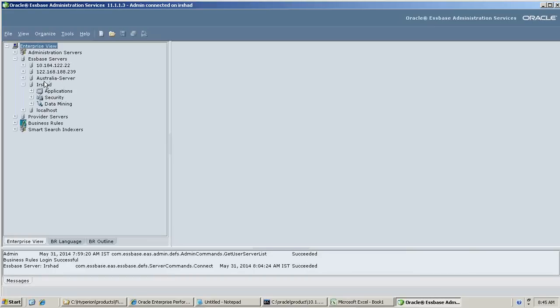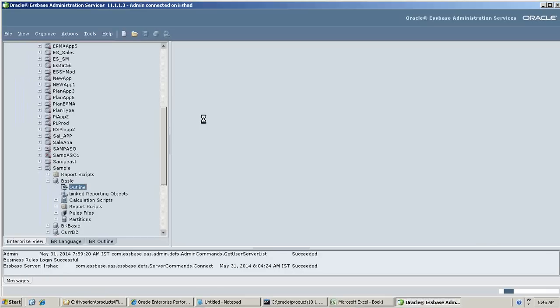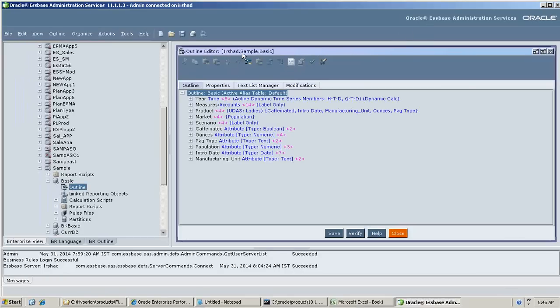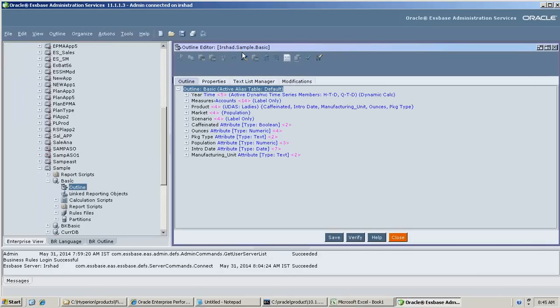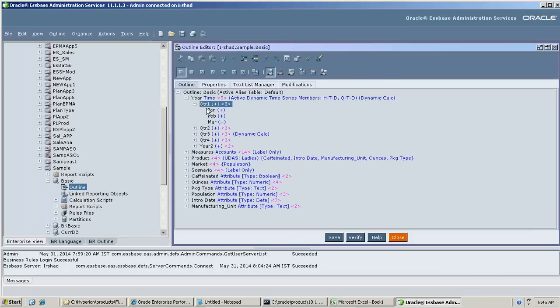So you see another view of it. The first part of your data model design, we understand the business requirement and design our outline. Outline is like a structure of your database, same as when you do a DESC on your database tables, you get the structure of your tables. In a similar fashion, you prepare an outline structure for your Essbase cube. It is something like this: your time dimension, year, quarter, month.